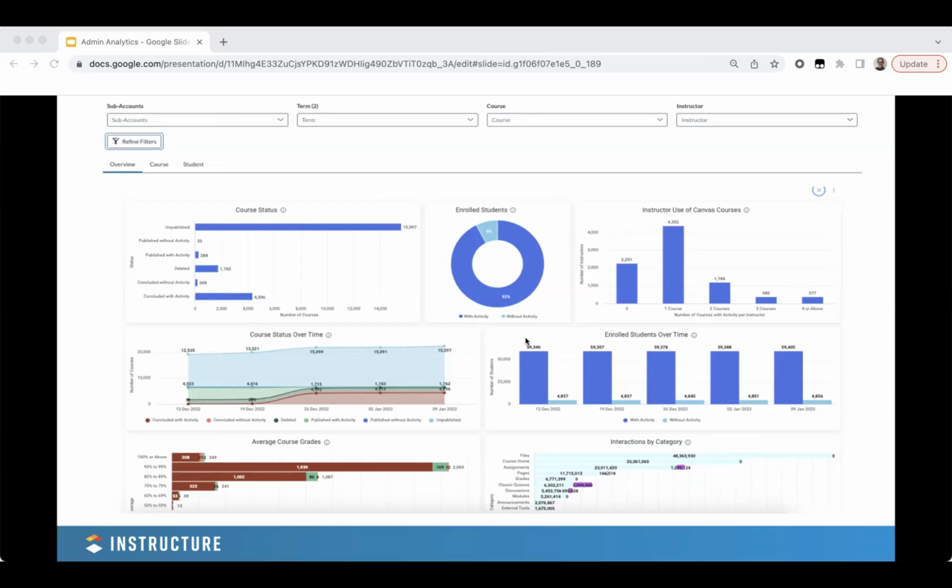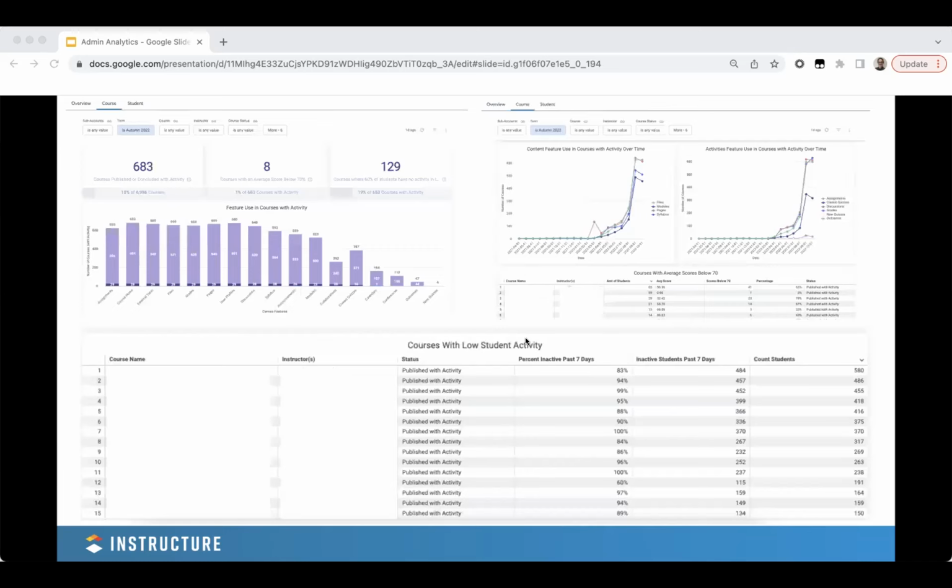But this first dashboard, the overview, is really around feature and tool adoption, which are the things in Canvas that people are engaging with, whether that's students or teachers, and are they really adopting Canvas? How is this actually happening over time, and being able to get a sense of that and compare term to term or across different time periods or in different sub-accounts. And what percentage of students are active? What do course grade averages and distributions look like across the school or across the filters that you have applied? So that really top level sense of how is Canvas being leveraged in the area that you're drilling into.